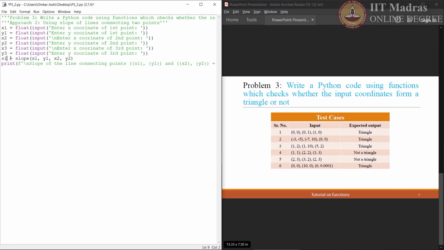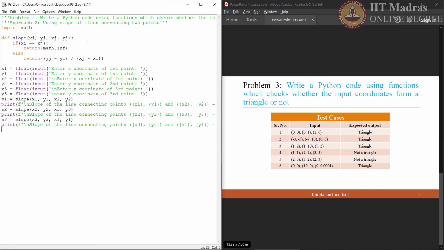Slope S1 is equal to the slope between x1, y1 and x2, y2. Similarly, slope S2 between x2, y2 and x3, y3. And then slope S3 is equal to the slope between x3, y3 and x1, y1. Next step is to write this particular function slope. As we know, the formula to find the slope of a line is yj minus yi divided by xj minus